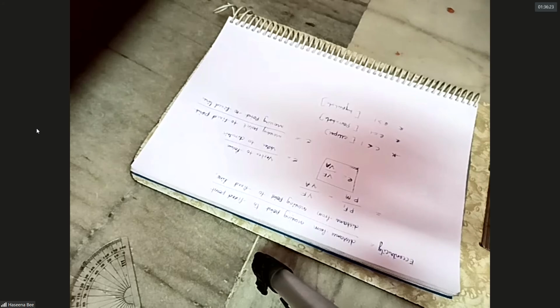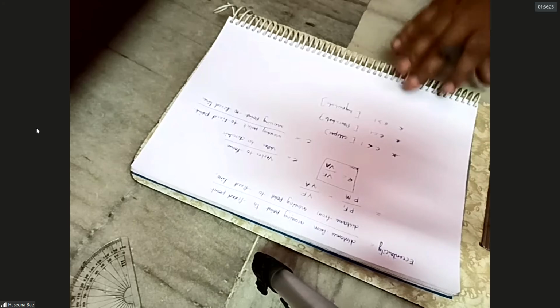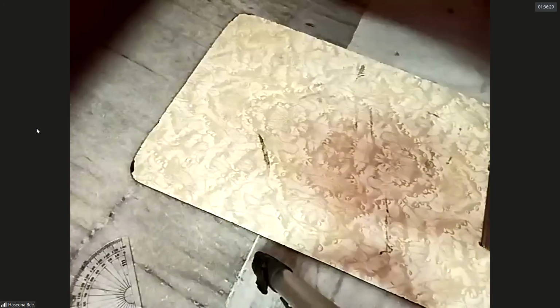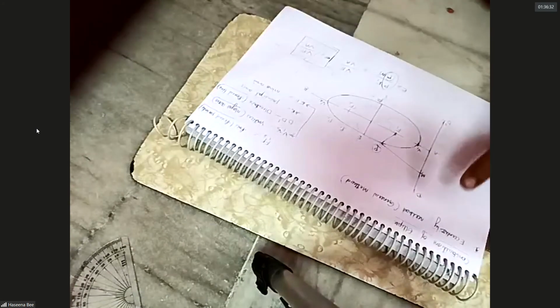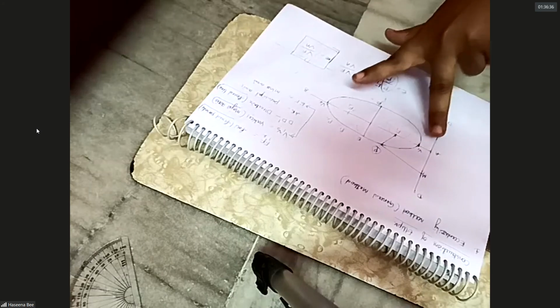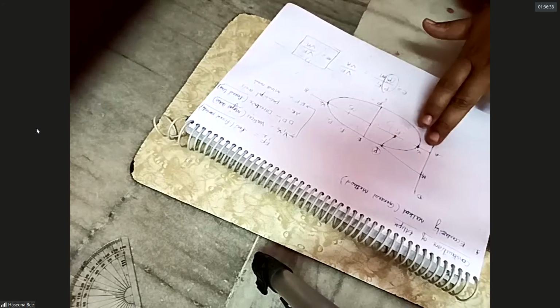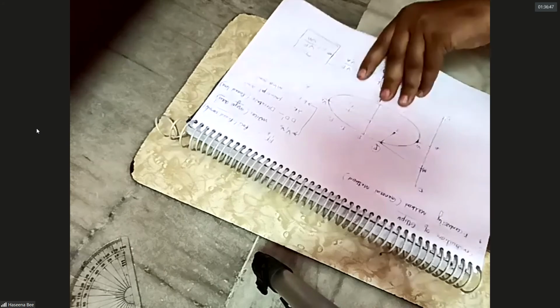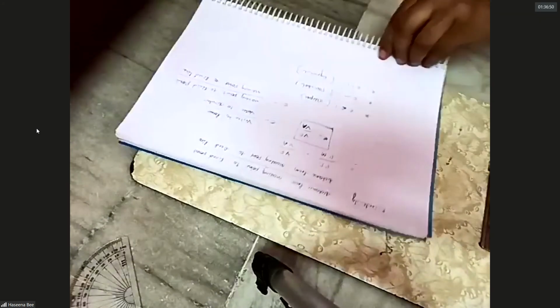Have you written all these points? Have you copied all these points? How about this diagram? Have you copied this diagram? What is what? Directrix, principal axis, foci distance, major axis, minor axis, moving point, vertex, focus. All these are clear for everyone? Still any doubts? No, ma'am. Have you copied this one? Yes, ma'am. Note down a problem.